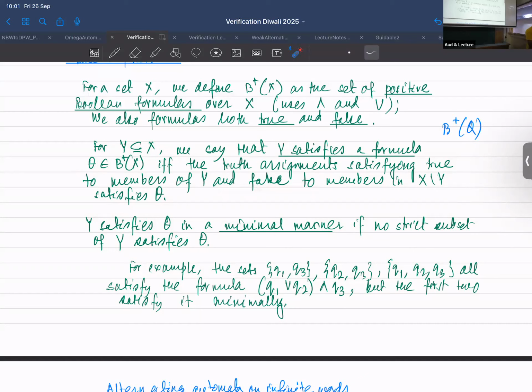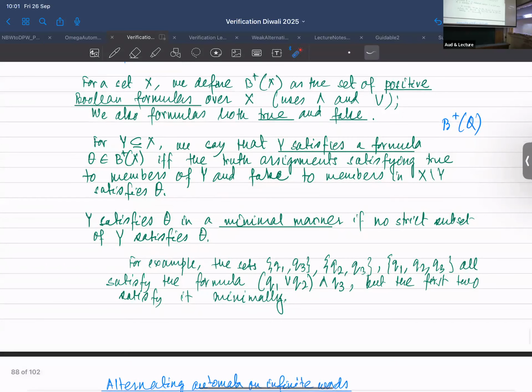Okay, so then we are saying that this subset Y satisfies theta. And we also say that Y satisfies theta in a minimal manner if no strict subset of Y satisfies theta. Okay, Y satisfies theta in a minimal manner if no strict subset of Y satisfies theta. So,